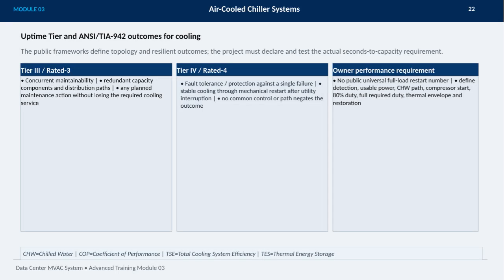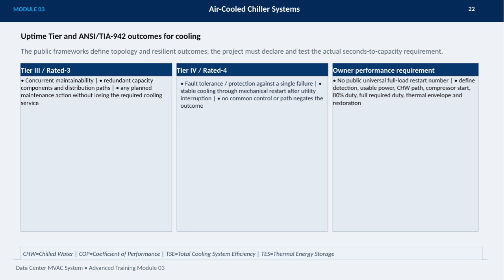In this module, we're focusing on air-cooled chiller systems within data center MVAC setups. Specifically, we'll explore the uptime tier and ANSI/TIA 942 standards related to cooling performance. These public frameworks define the system's topology and resilient outcomes, but it's crucial that each project clearly declares and tests its actual seconds to capacity requirements. Starting with Tier 3, which is rated 3, the key feature is concurrent maintainability. This means the system has redundant capacity components and distribution paths, allowing any planned maintenance to be performed without losing